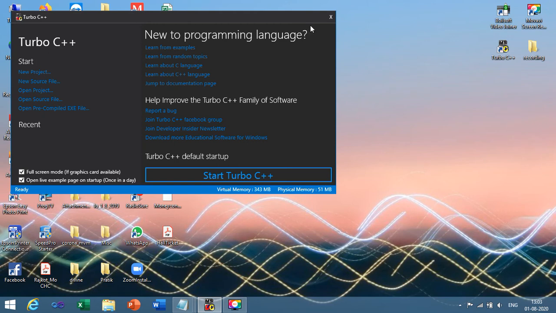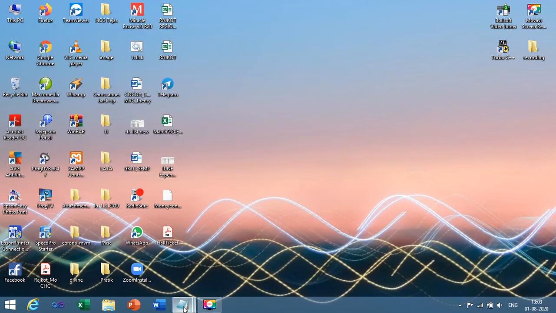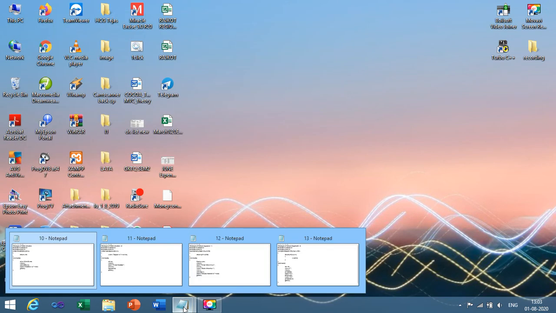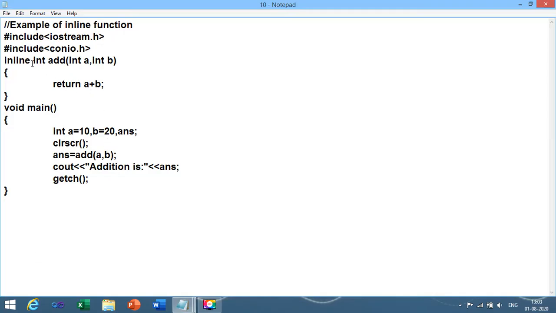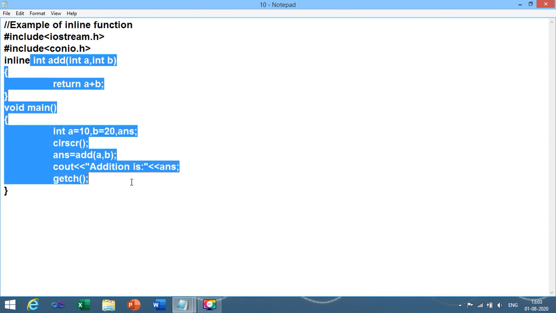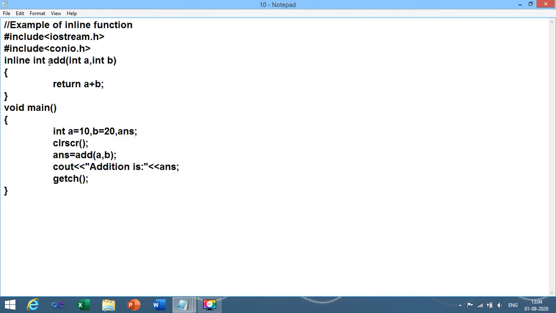inline function. The things you need to keep in your mind regarding inline function is that you just need to create the UDF in whatever way you want to create it, and you just need to put one keyword with that UDF, that is inline.